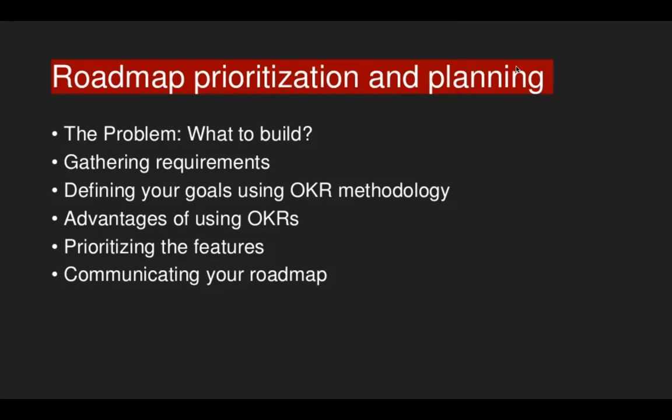So the issue here is, as a product manager, you have to prioritize what you're building. Like I said before, your main thing is: what are we building? Who are we building it for? And why are we building it? Those are the 3 W's that you always have to worry about. In some cases, if you are a technical product manager, you also deal with the how, which means you work closely with the development team, discussing the technological trade-offs and debt and deficits and all that good stuff. So the problem here is what to build.